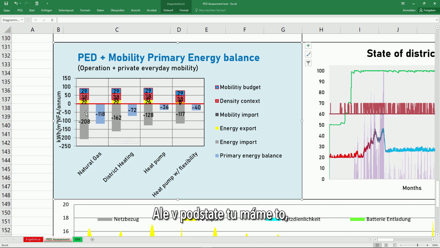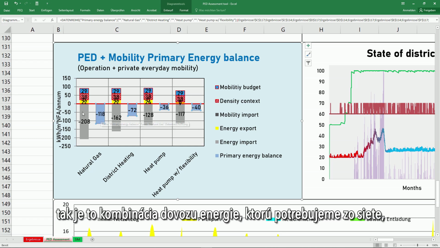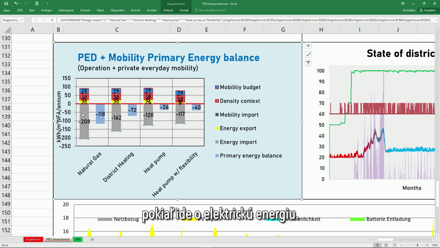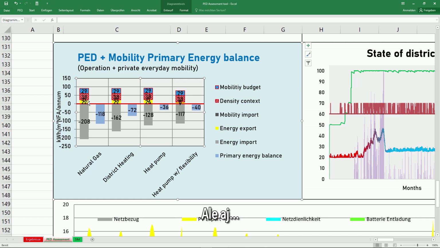But basically what we have here is that we want to have this blue bar at least 0 or positive. This blue bar, the primary energy, is the primary energy balance, so it's the combination of the energy import that we need from the grid in terms of electricity, but here for this variation also natural gas, and for the district heating is also district heating. And this is the balance of the energy imports and the energy exports. The energy exports mostly being photovoltaics in yellow here, but also